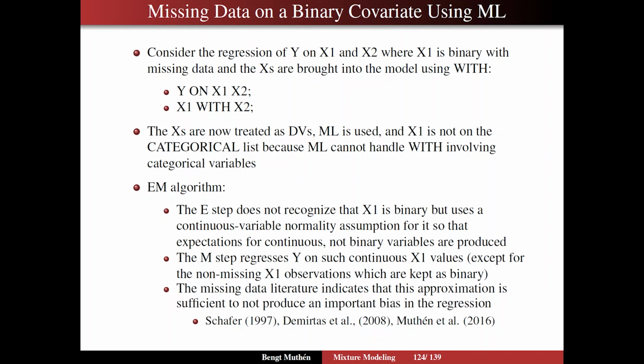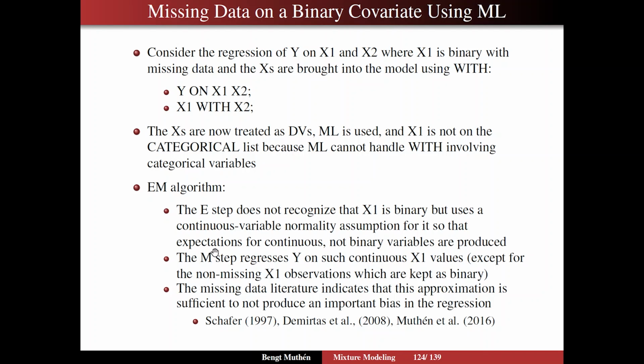So we are ignoring that x1 is categorical, and what happens then in the EM algorithm, the expectation maximization algorithm that ML uses? Well, the expectation step for the x's does not recognize that x1 is binary, but uses a continuous variable normality assumption for it,